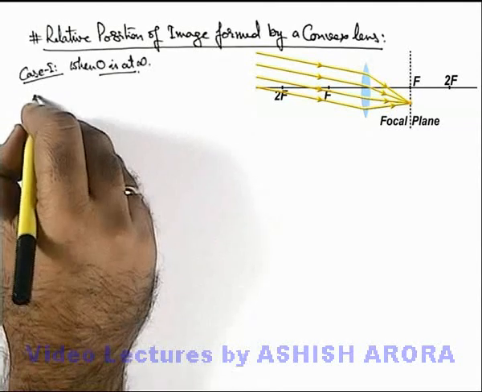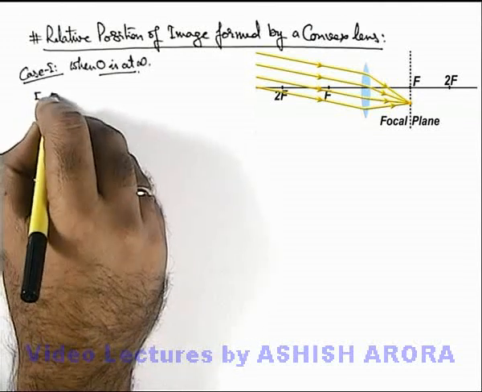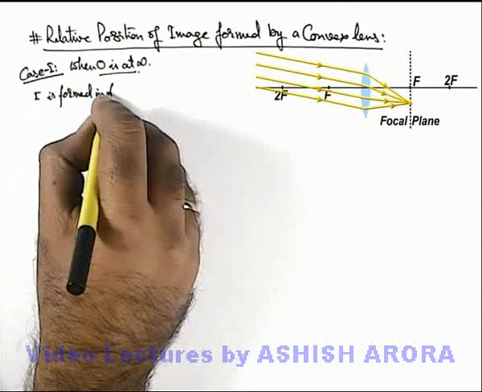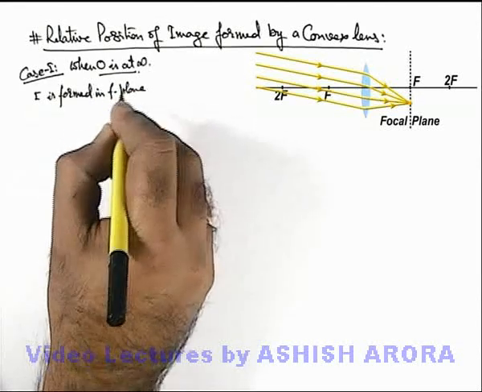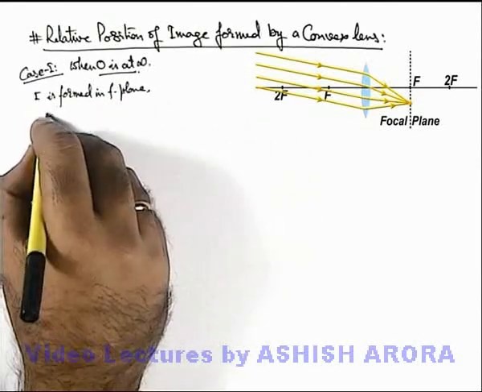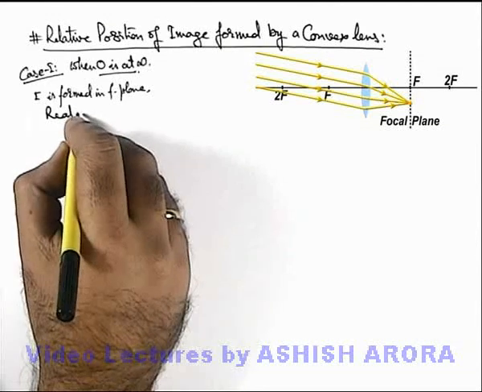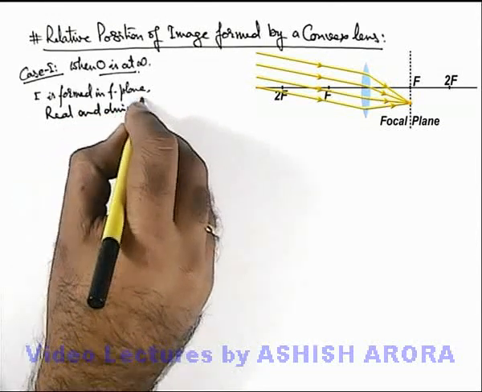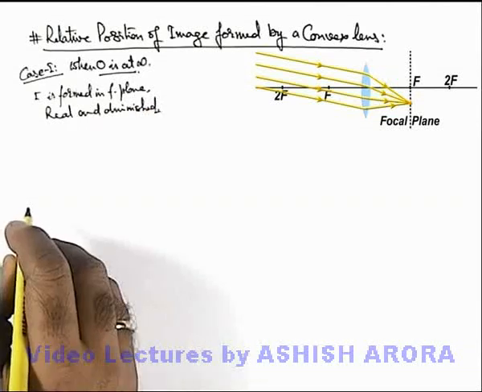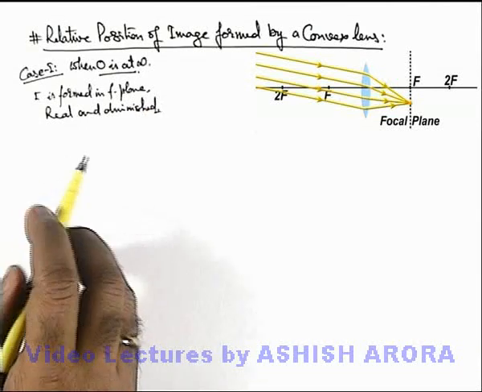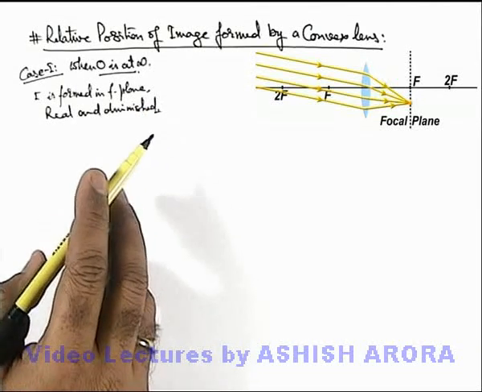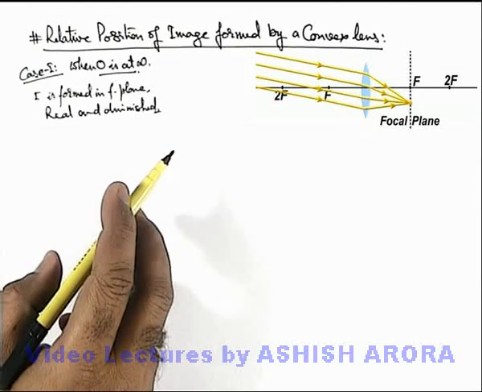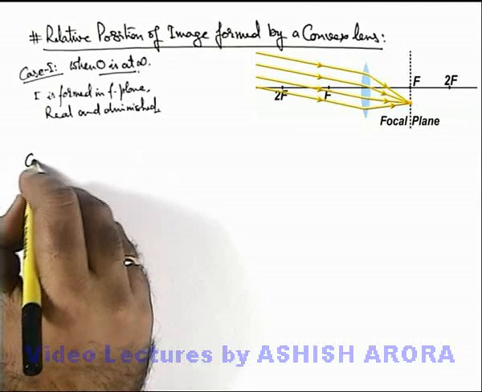So here we can see the image is formed in the focal plane, and about the image we can write it is real and diminished also. And we can see if the object is real, then the image produced will also be real, so it will be inverted. Now if we talk about case 2,